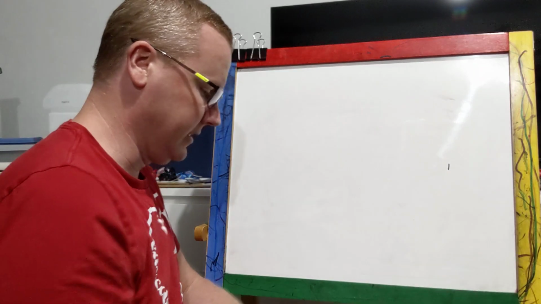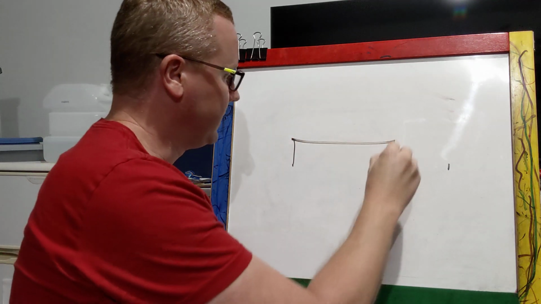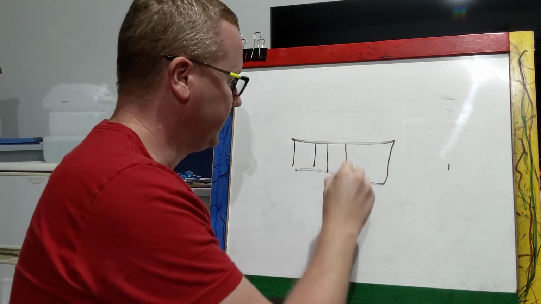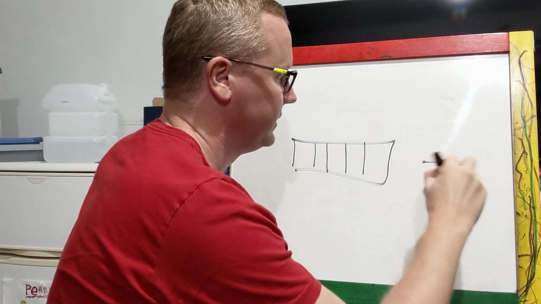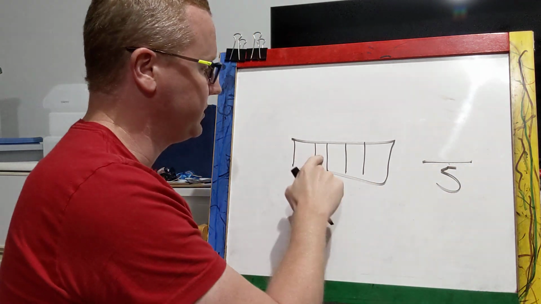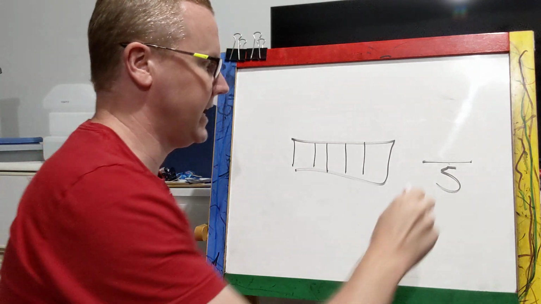What if I had, I'm going fast, you can always rewatch it, a strip like this, and 1, 2, 3, 4, 5. There's 5 pieces. So we know the denominator is 5. 1, 2, 3, 4, 5. 5 is the denominator. What if I said I need